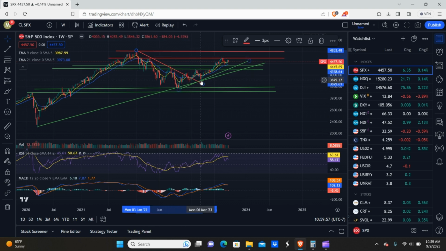We came back down, more or less tested it here in February and March. That's when we got the golden cross and the move above the 0 and the 50 on the RSI and the MACD. And then we've been bouncing off of these support levels ever since. So what can we gather from this on the charts? So basically, more or less,